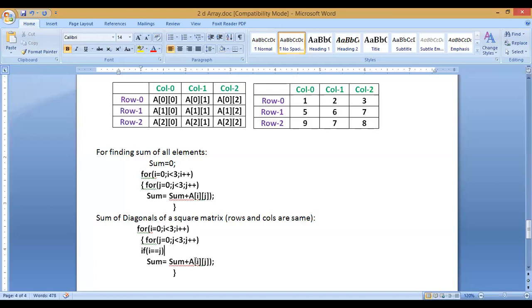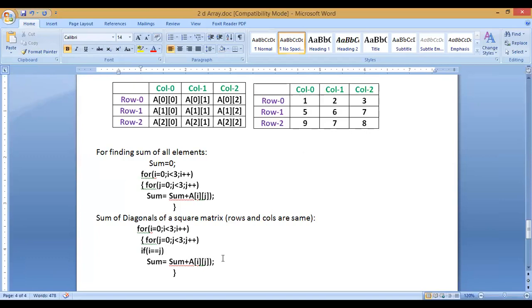And whenever I and j are the same, then only I will apply sum, right? So within this if condition, my sum is attached. So sum will be done only with elements whose I and j values are the same, right? So if I and j values are the same, then those elements are diagonal elements, and in this way we can find the sum of all the diagonal elements, and that is the principal diagonal only.